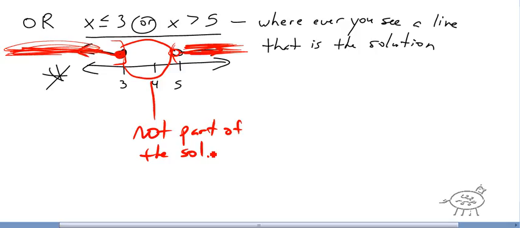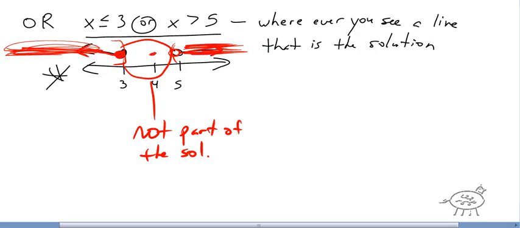It's not part of the solution. Okay, so that's why it even says x is less than or equal to 3, or x is greater than 5. But if I said, is 4 a solution? Well, is it less than or equal to 3? No. Is it greater than 5? No. That's why 4 right over here is not part of the solution. Okay, so it's important that you understand that wherever you see a line, where I just drew that red, shading that red in, that's part of the solution. Where you don't see any line, that's not part of the solution. Okay,